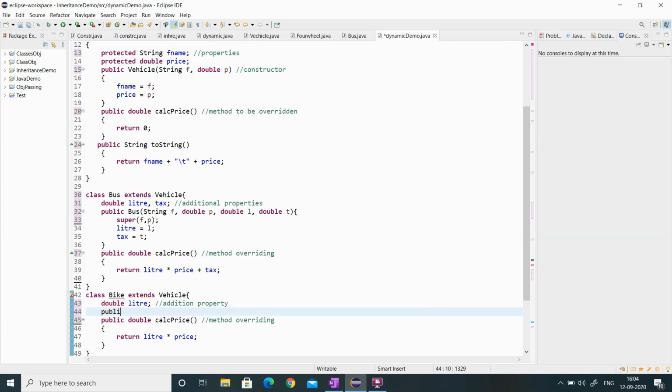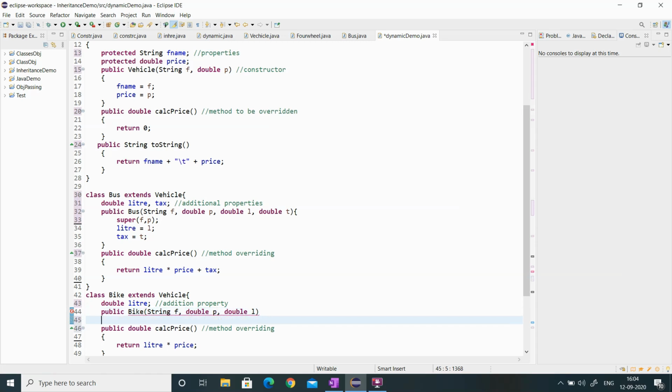So public Bike. The bike class needs one property and the base class needs two properties, so totally three properties I have to pass to my derived class bike: string fuel name, then double price and then double liter.